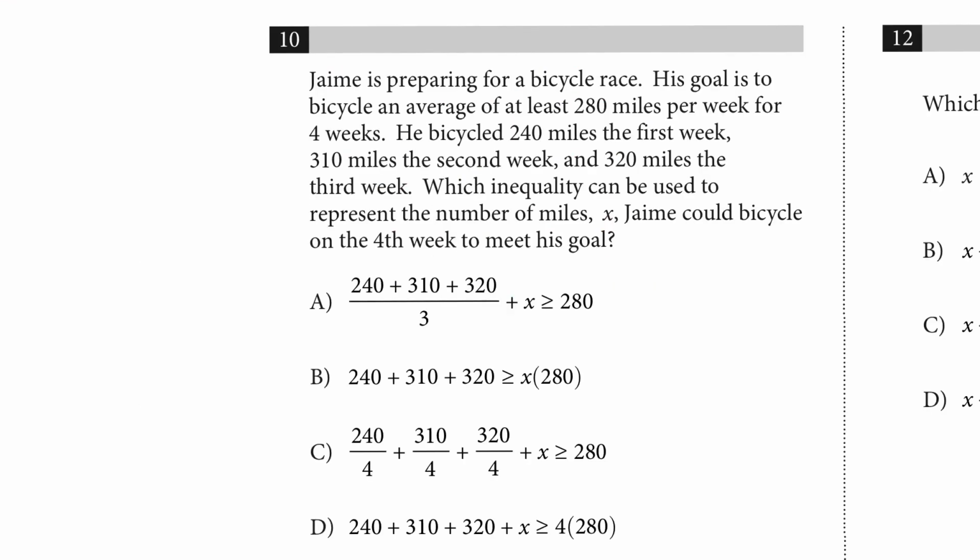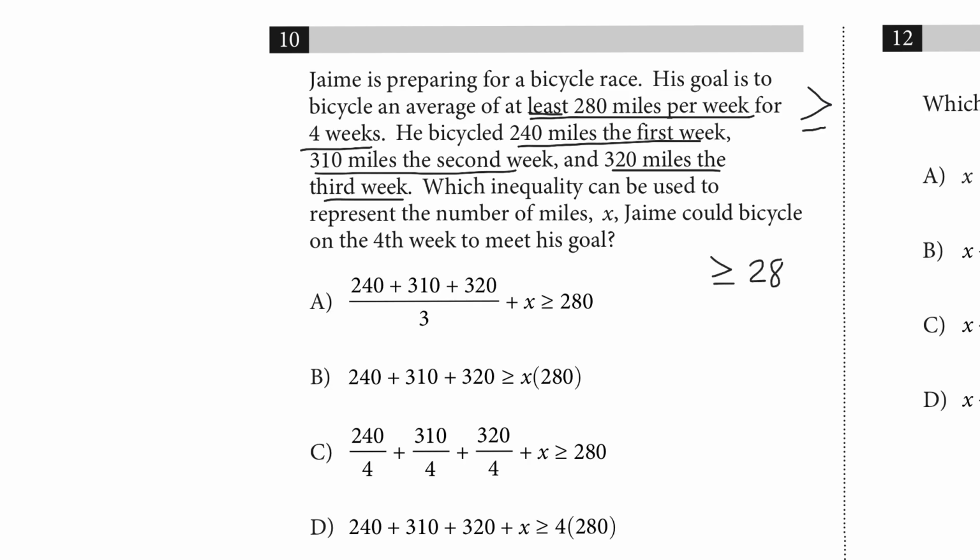Okay, here's number 10. Jaime is preparing for a bicycle race. His goal is to bicycle an average of at least 280 miles per week for 4 weeks. So he bicycles 240 miles for the first week, 310 for the second week, and 320 miles for the third week. So if it says at least, is that greater than or less than? Well, at least would have to be greater than or equal to. And a quick look at all the answers, they all have greater than or equal to. So we have greater than or equal to